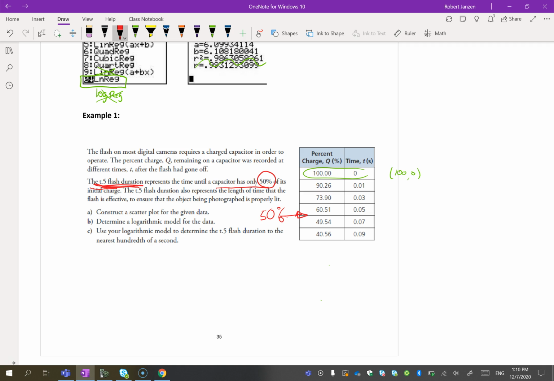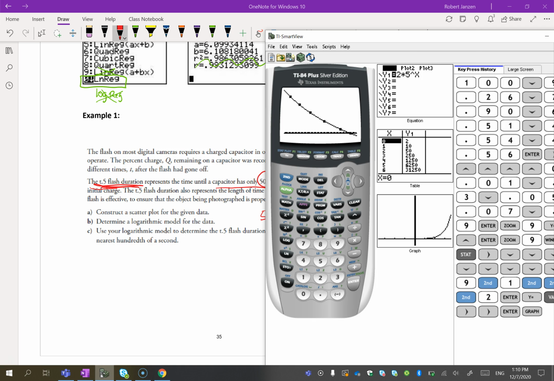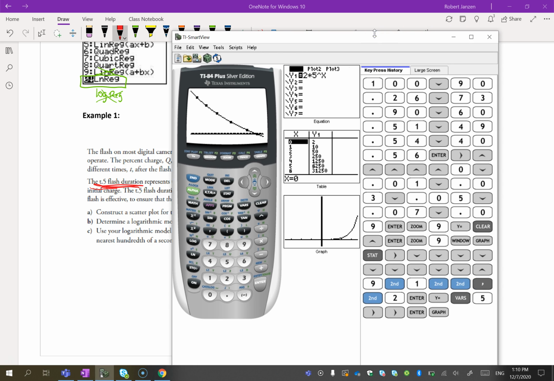Okay, and in this case, 50% is X value. So let's go back to our graph here, and I can go to second calc, and I'm going to go to value and put X at 50. And it's going to tell me what the Y value is. The Y value is